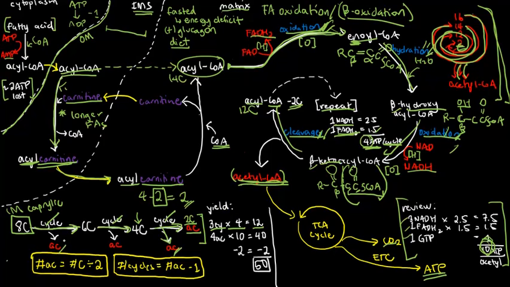Also, since acetyl-CoA molecules can enter the Krebs cycle, and we know that every acetyl group is 10 ATP in terms of computation, we just need to multiply this times 10 to how many acetyl groups we made. So we have 1, 2, 3, 4 acetyl groups. That's 4 times 10, 40. Remember, at the start of our discussion, I did mention that we have that minus 2 from the conversion of ATP to AMP, so you also need to subtract 2. Many people actually forget this, so be careful. So 12 plus 40 minus 2 is 50. So this is the answer.